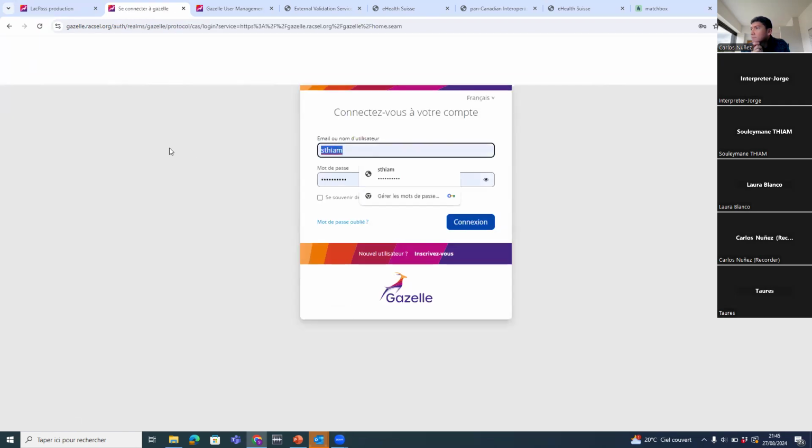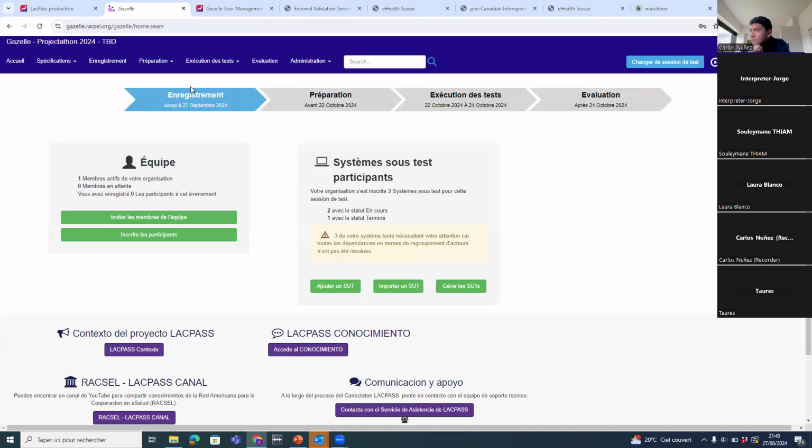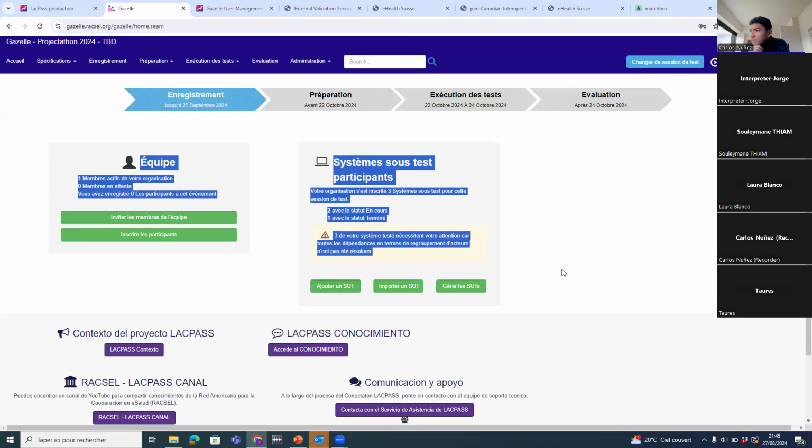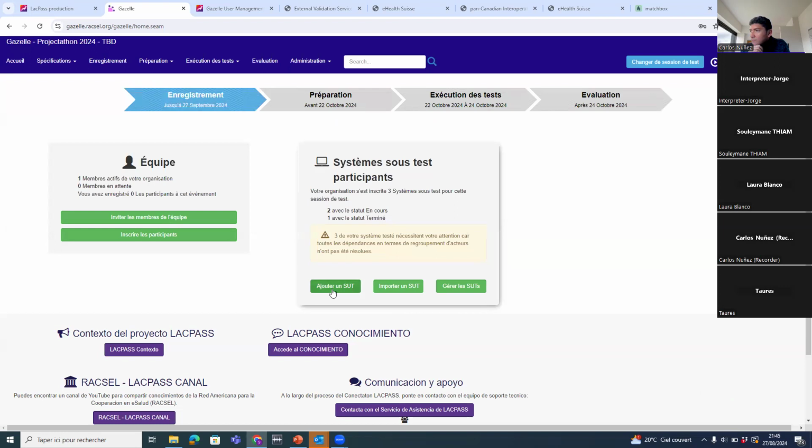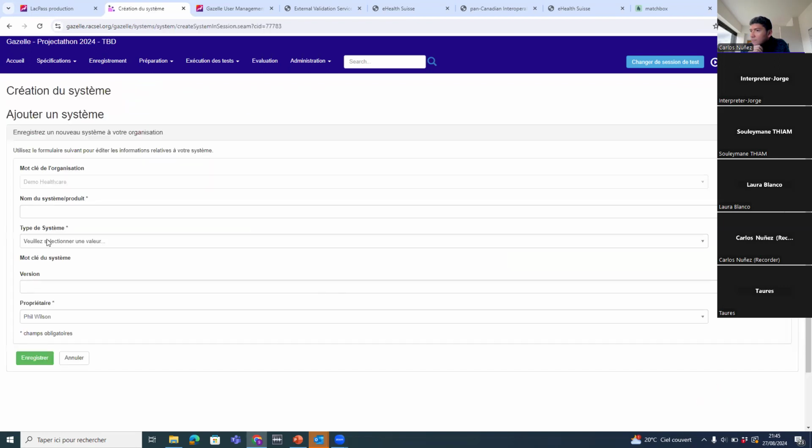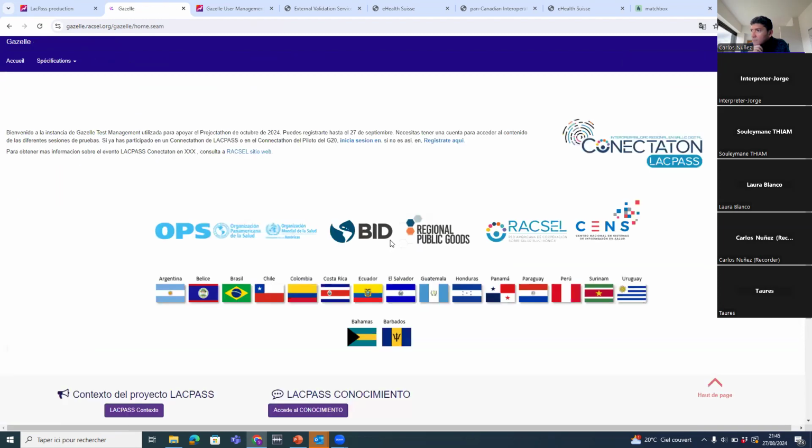Okay. The registration of the system is mandatory for all countries, even if you participated last year or not. This is the first thing. If your organization has never participated in the event, you need to register your organization. I mean, if your country is not in this list,